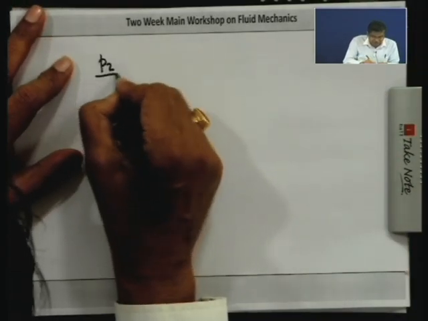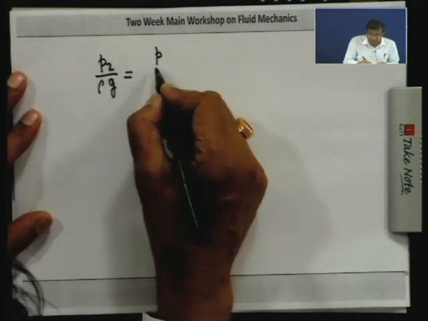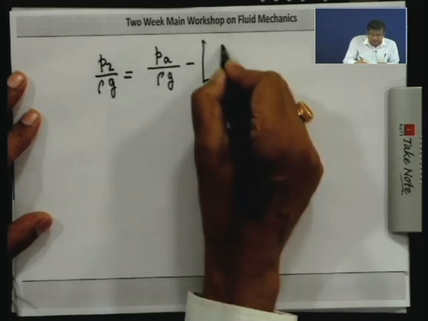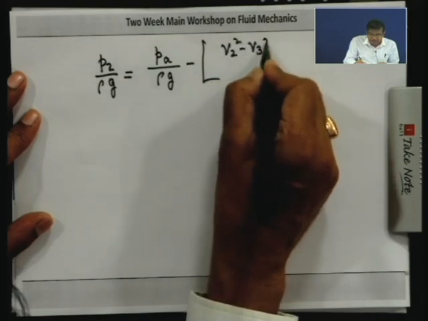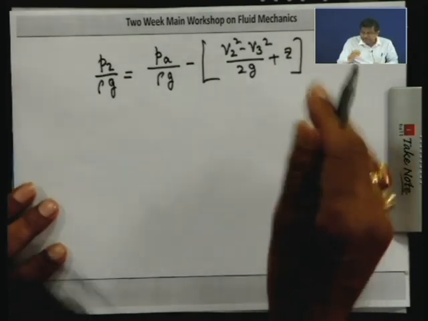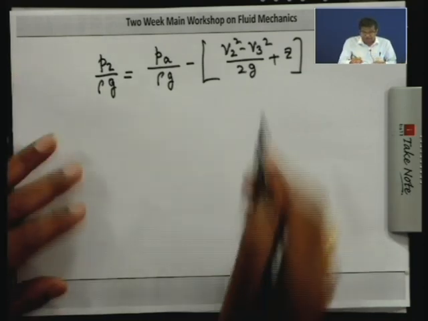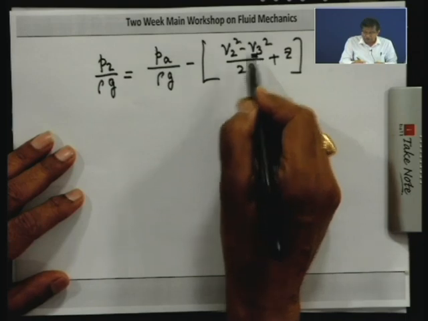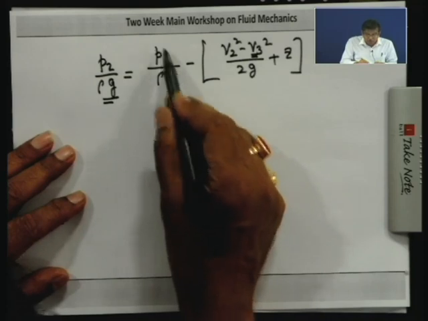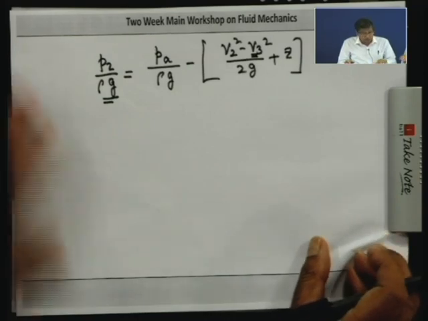So, therefore, if you neglect the friction, the pressure at the inlet to the draft tube, or at the outlet from the runner, is reduced by this amount: (V2 square minus V3 square) by 2g plus j. That means there is a danger if you set the runner at a very high height. If you reduce V3 to be very small compared to V2, then you have to check that this P2 is also going to be lesser than the atmospheric pressure,